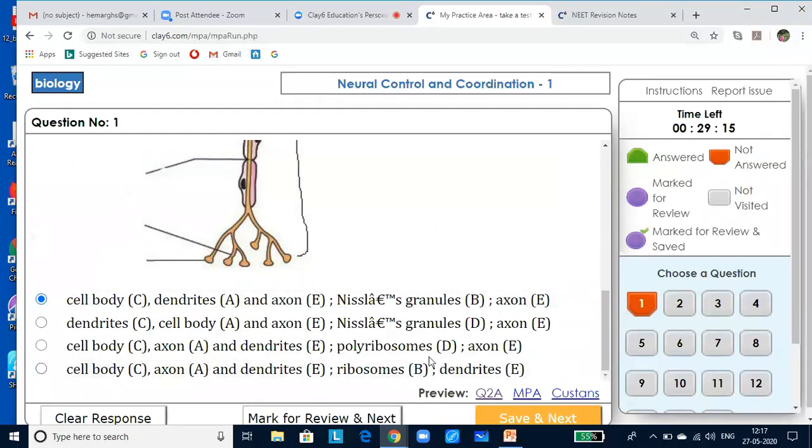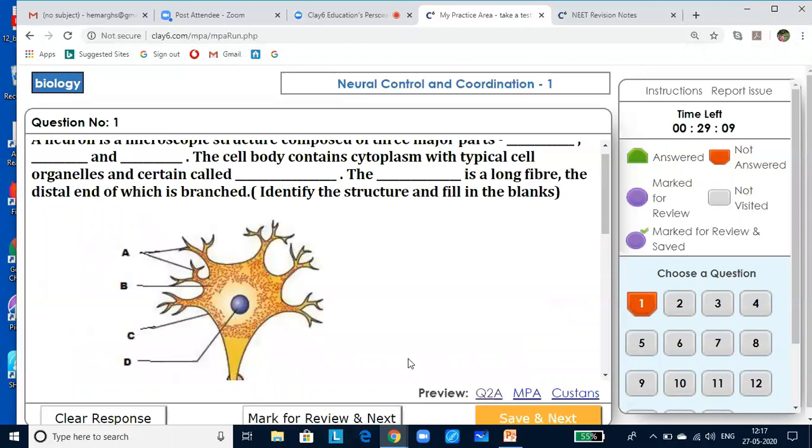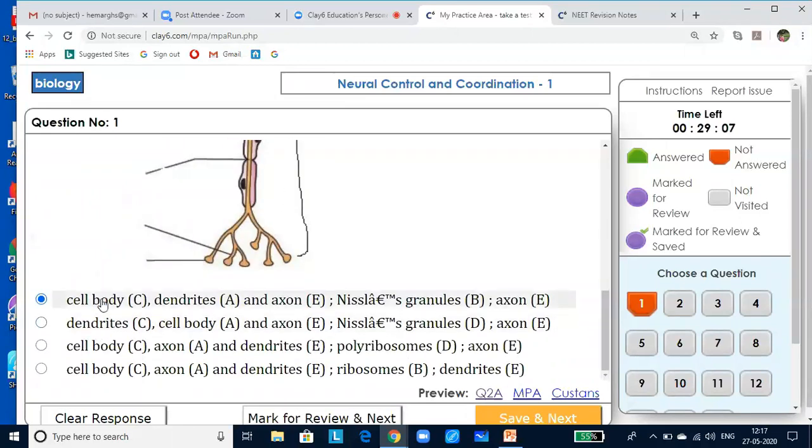See, when we are doing this, time is very important. You can't be analyzing each and every choice for questions like this. The minute you try to identify the first thing, see what all have the first thing in common. Then you limit your choice. Once you limit, look for the second criteria. The second criteria here I found is dendrite, and dendrite is not found here, so I am sure that this is the answer and so I am clicking it there.